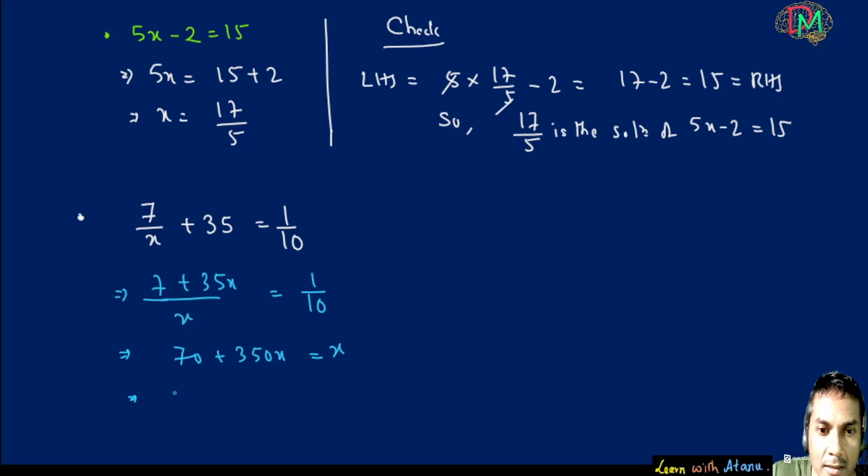So next, 350x minus x is equal to minus 70. Okay, so we will learn in more detail why this sign changes and why we are doing the cross multiplication. Actually, these are different methods we will learn step by step later. So it will be